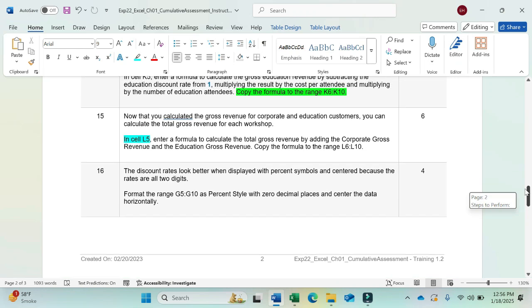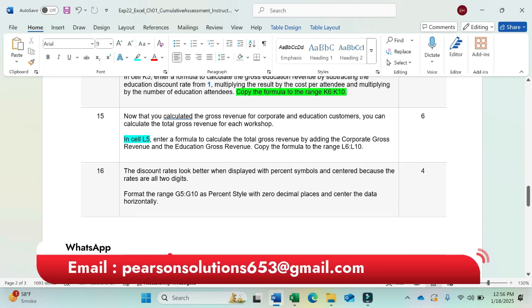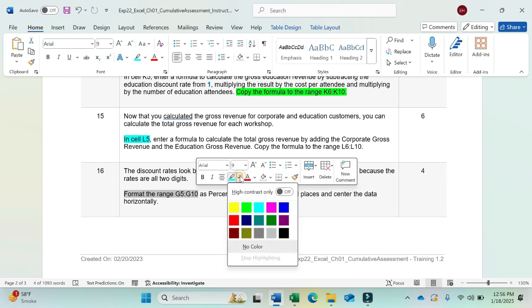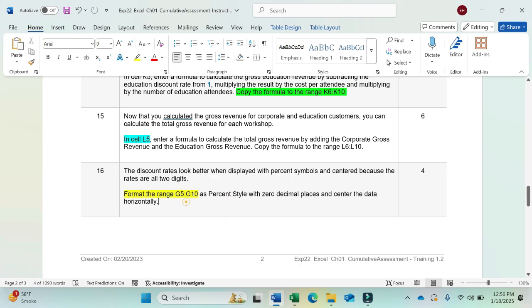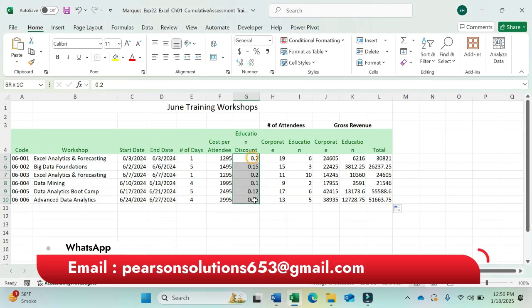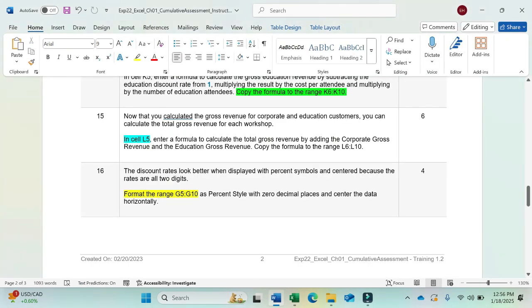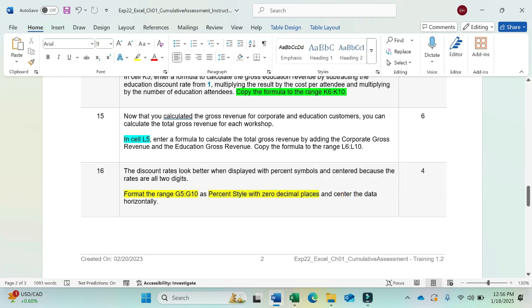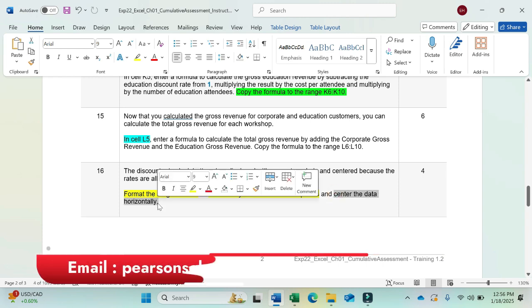Discount rate looks better when displayed with the percent symbol and centered, because the rates are all 2 digits. Format the range. We are again in the formatting tab. Format the range G5 to G10 as percent style with 0 decimal places, and then center the data horizontally. We need to do 3 things in this step. First of all,